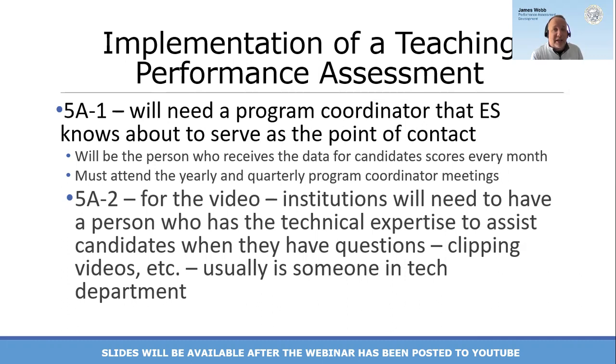In addition, as we are unveiling and rolling out the Ed Specialist Cal TPA, there will be initial meetings for program coordinators to help orientate them to the Ed Specialist Cal TPA model. I am sure the Ed TPA will hold similar webinars for its participants as well. But you will need to designate a program coordinator that will be that point person to receive information for your